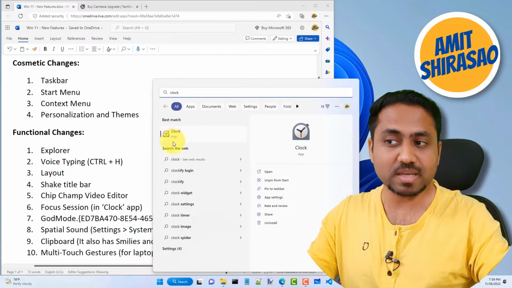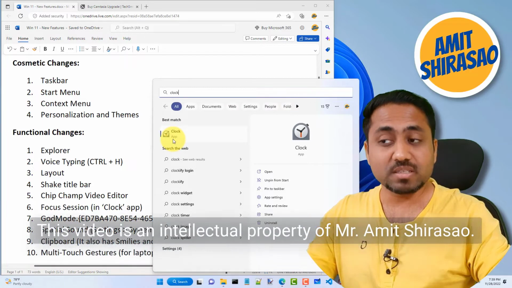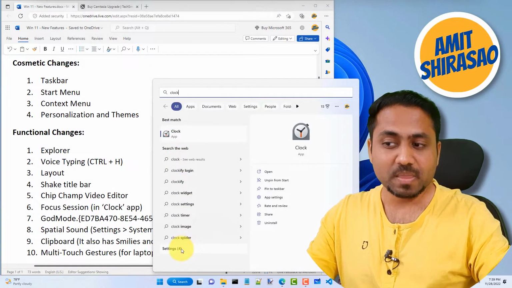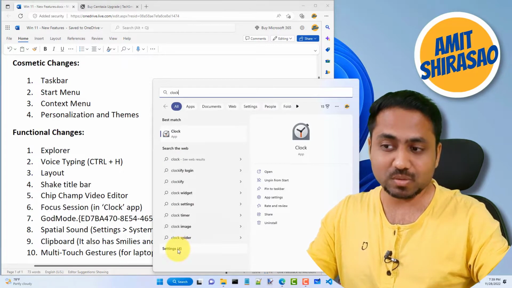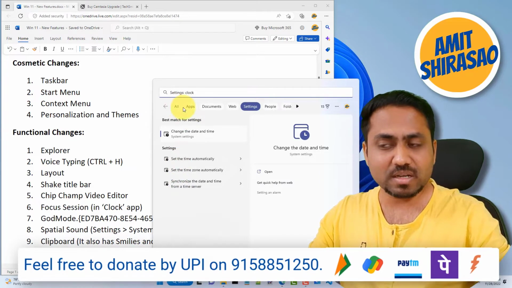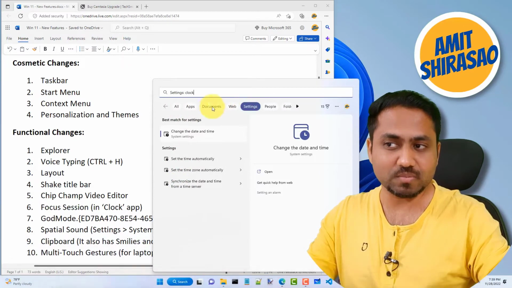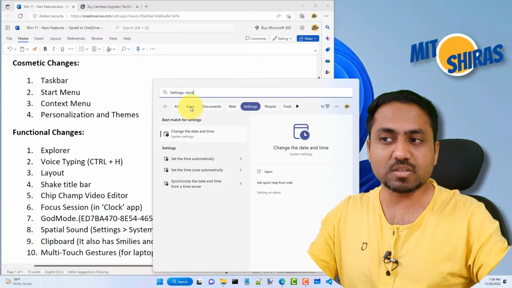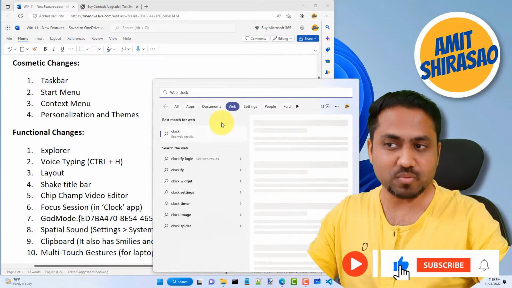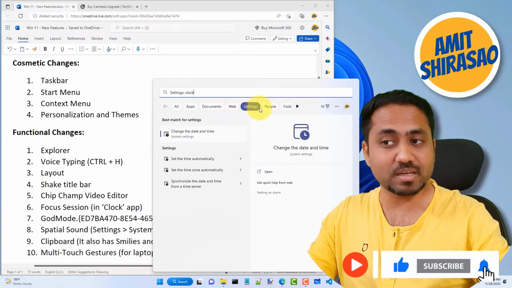So this is an app, as you can see, but it also searches it on the web and it gives me a couple of results. It also searches in the settings, so there are a couple of clock settings, so you can go to that as well. So these are the settings. So alternatively, you can switch through this menu, that do you want an app by that name, or do you want to search the web for it, or do you want a setting by that name,